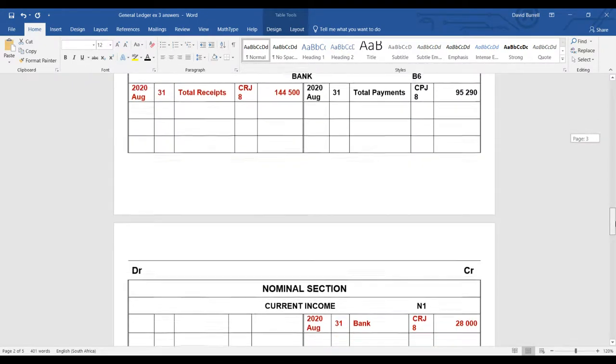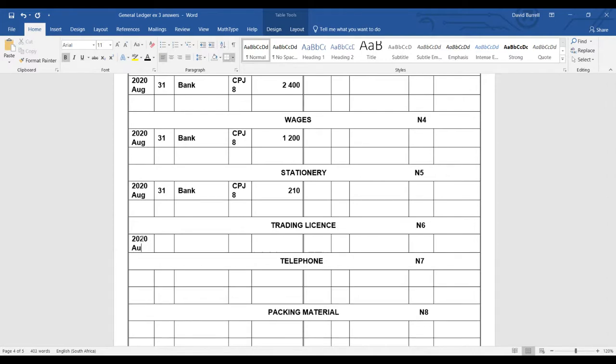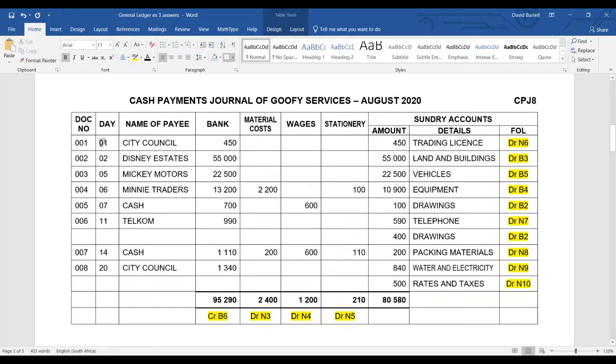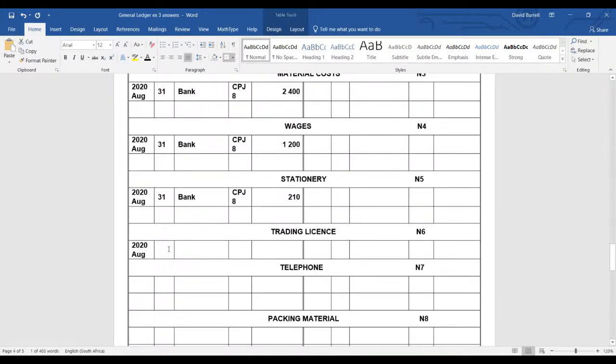Okay, so trading license we said was a debit to account N6. So I'm going to go 2020 August. Now this one is not going to be the 31st. It's from the sundry accounts column, so you will take the actual date, which is the first of the month. So we need to put the first in. Okay, and you're still going to say bank because that's where the matching credit is. It still comes from CPJ8, that's your journal, and that amount was 450 Rand,